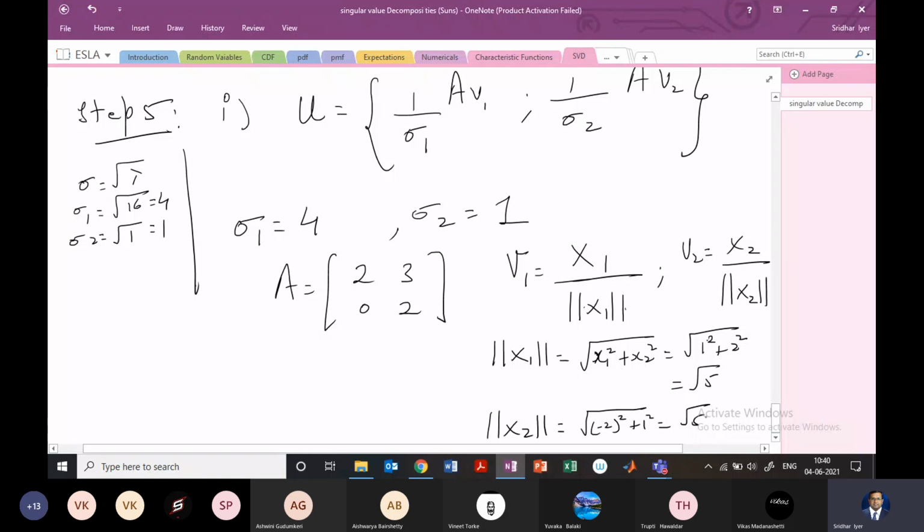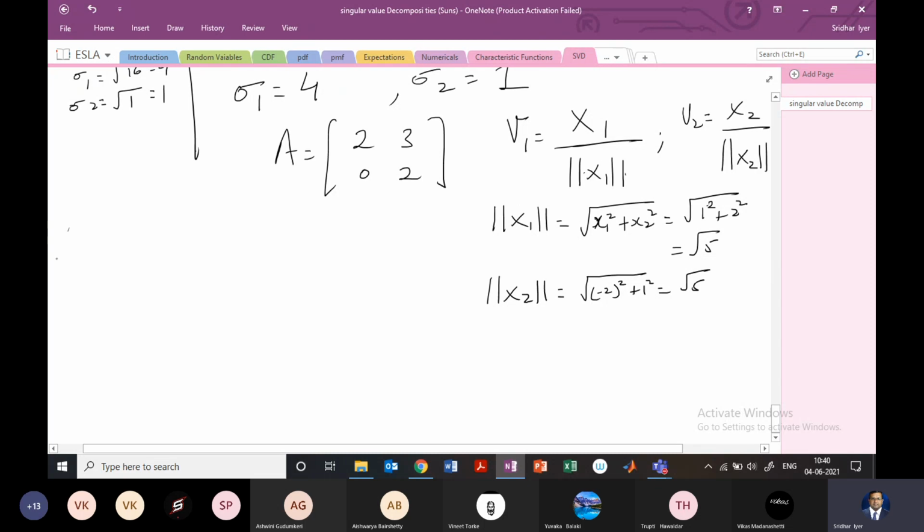So that's how we can find x1 and x2, and the x1 and x2 on the numerator here for v1 and v2, this part here, we already know, these are the eigenvectors. Okay, so we'll see how we can evaluate that value. Let us see how we can get v1. So v1 is x1 divided by the magnitude of x1, which we have calculated, which is root 5, right? And we know the values of x1. So x1 is your vector, and it has the value 1, 2, and you have root 5, right?